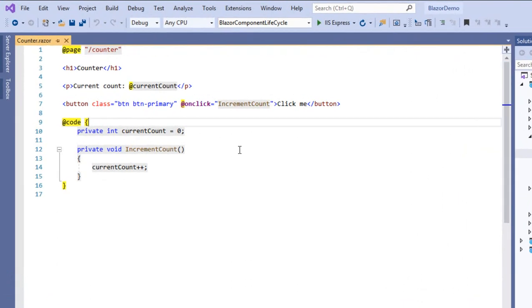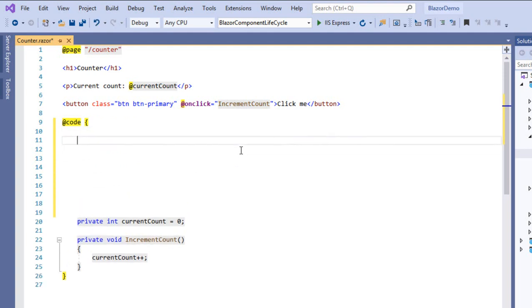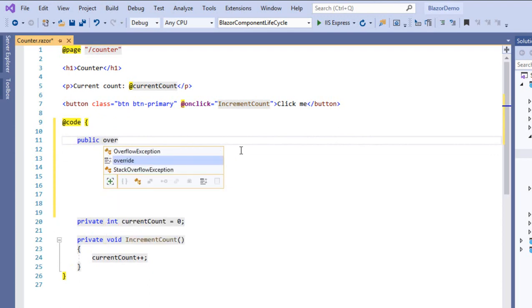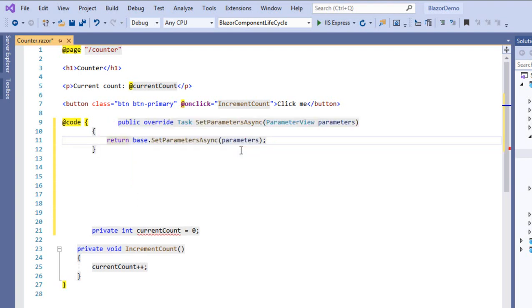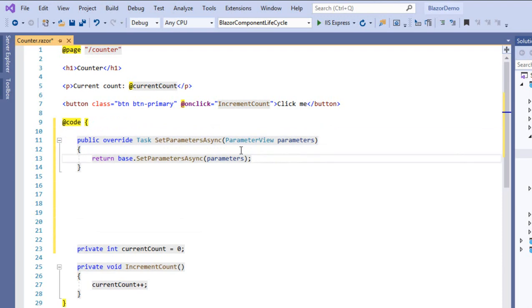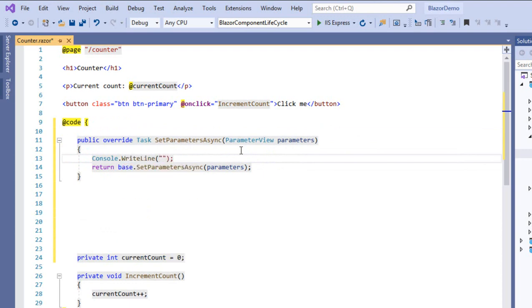Now it's time to override the events and check the execution of the lifecycle. I'll type public override, and here you'll see SetParametersAsync. Then I'll write Console.WriteLine and say SetParametersAsync method. Now we'll save all of this